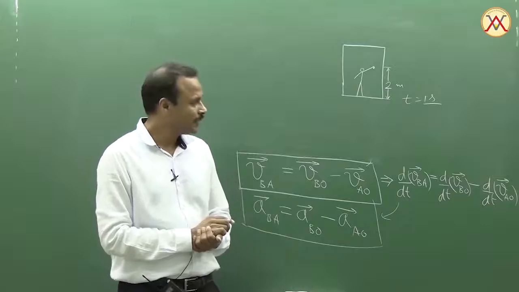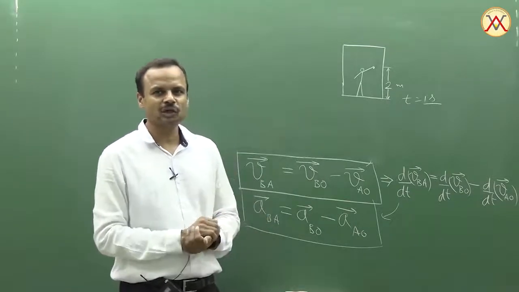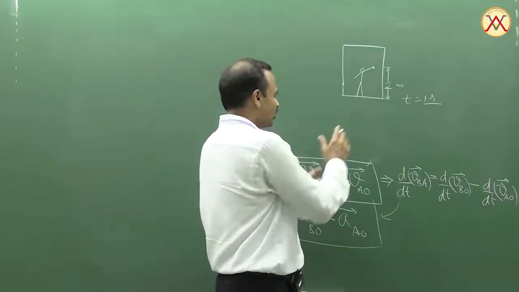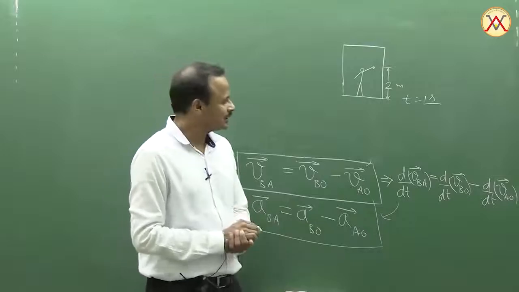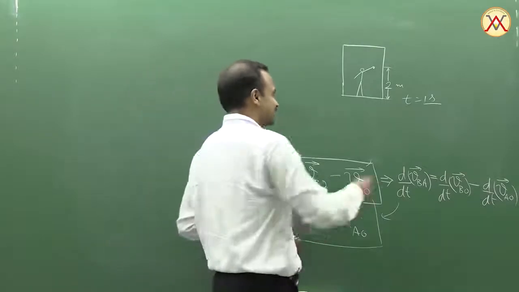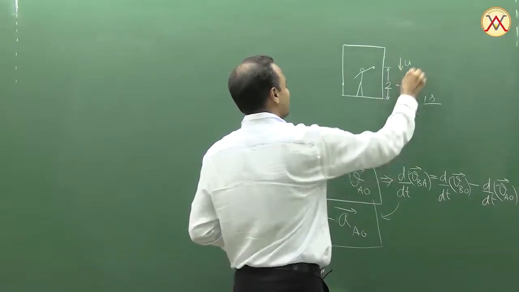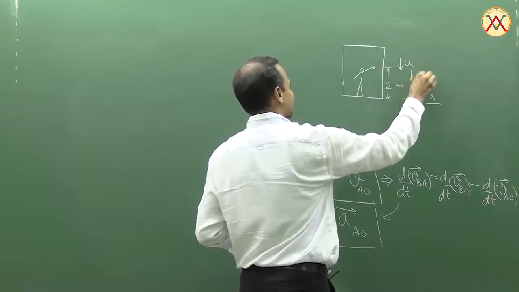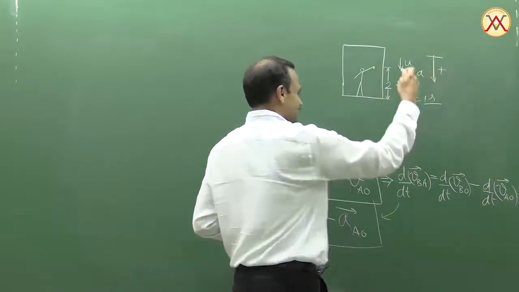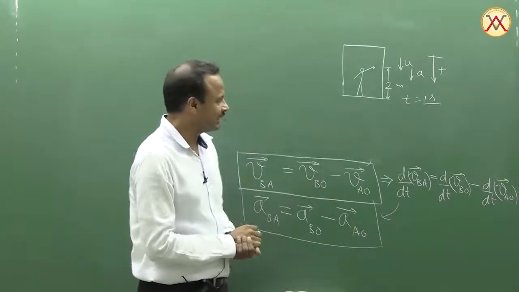We want to find what is the acceleration of this elevator. Now, if we do the question without the knowledge of relative motion, how will we do this? We are not given anything about the motion of the elevator, whether it is moving or not initially. So, let's say it may be moving, it may have some initial velocity downward as u, and it has an acceleration a. I am taking downward as positive here. Acceleration due to gravity g is downward, so that will also be taken as plus 10.